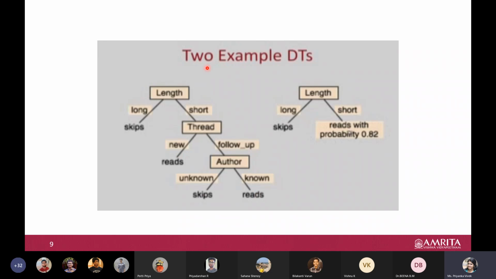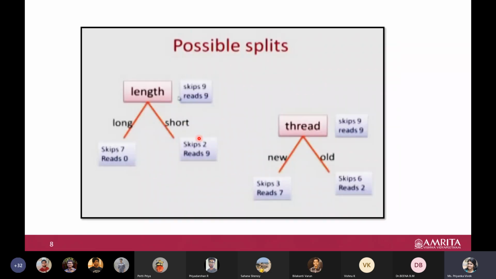Now what happens here? Here we have come down perfectly to each leaf node being the class label, where we have exactly one class label. But here we don't have that. Still we will be able to classify with some amount of accuracy, because we had only two misclassifications, or two which are falling into the other class. So we can generalize that they are all under the reads class.